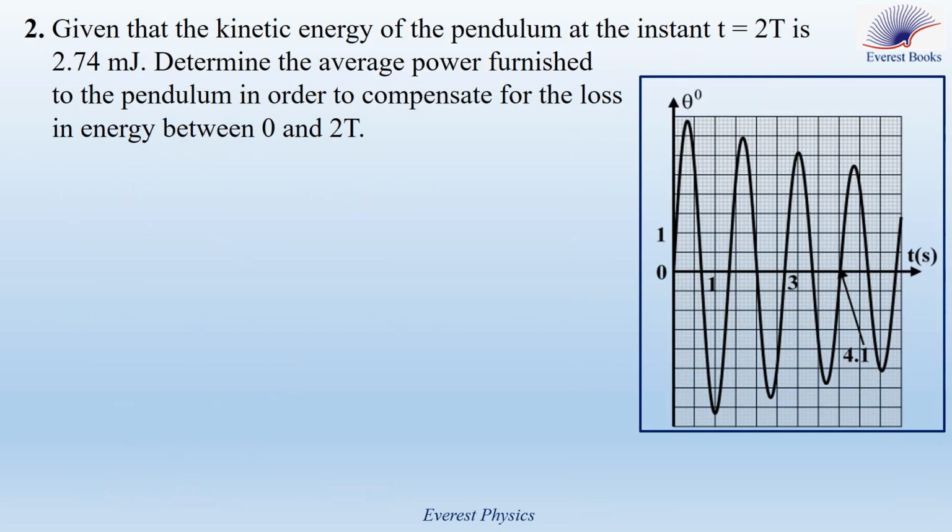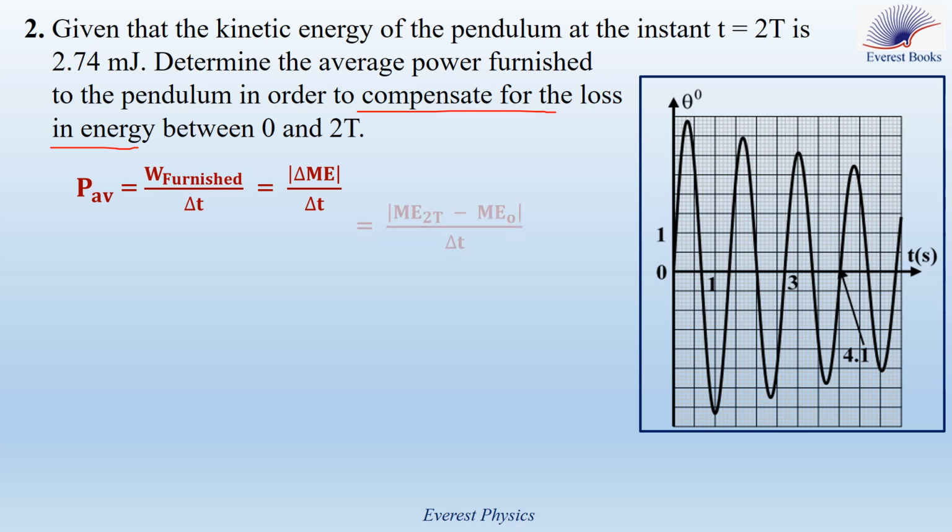Let's move to part 2. Given that the kinetic energy of the pendulum at the instant 2t is 2.74 millijoules, determine the average power furnished to the pendulum in order to compensate for the loss in energy between 0 and 2t. The average power is given by this expression, the furnished energy divided by the time. The furnished energy is equal to the absolute value of the variation in the mechanical energy, because in order to compensate for the loss in energy, we must provide the system with an amount of energy which is equal to